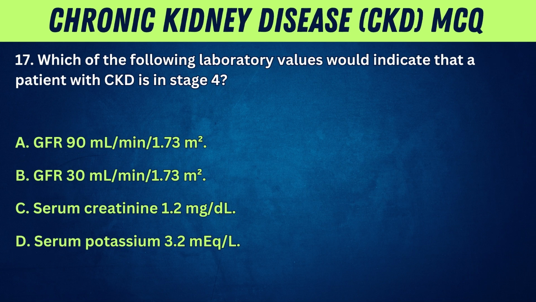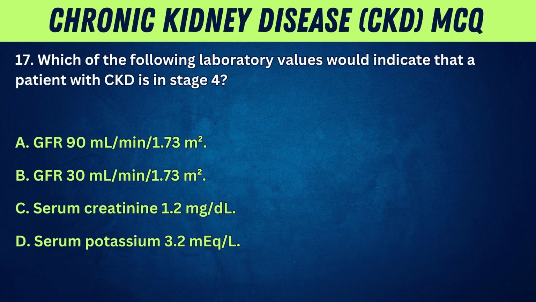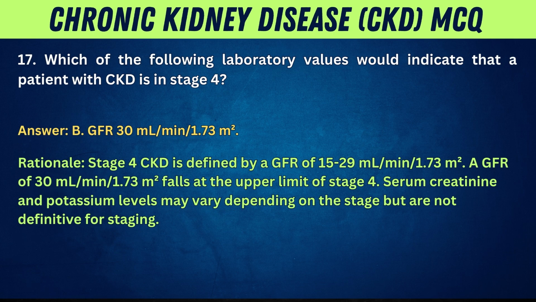17. Which of the following laboratory values would indicate that a patient with CKD is in stage 4? A. GFR 90 ml/min/1.73 m². B. GFR 30 ml/min/1.73 m². C. Serum creatinine 1.2 mg per deciliter. D. Serum potassium 3.2 milliequivalents/L. Answer: B. GFR 30